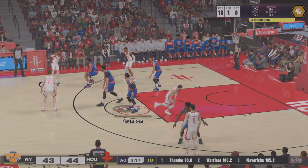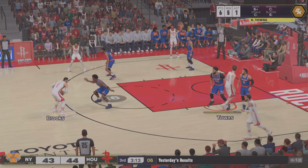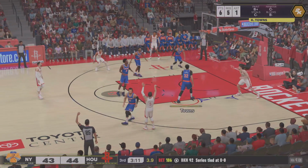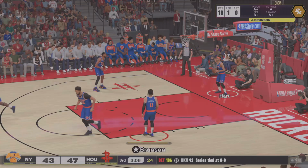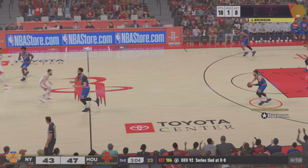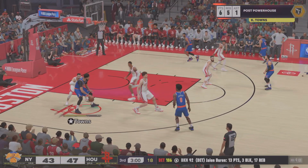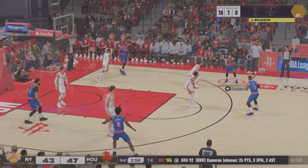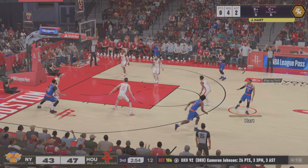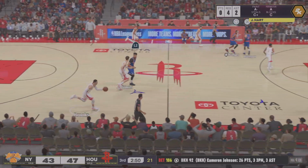And here is Şengün. After Jalen Brunson getting his shot to go from deep, just 5 to shoot. 3-pointer. 6 for 10 with that shot going in. That's a good game for a lot of guys. Well, this guy has been efficient and effective all night. That IQ has been on display. Towns is double. Brunson kicks to Hart. And he can't answer back. The 3-pointer offline. Houston leading by